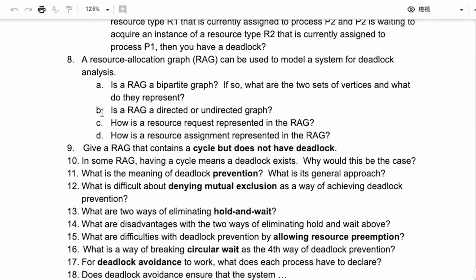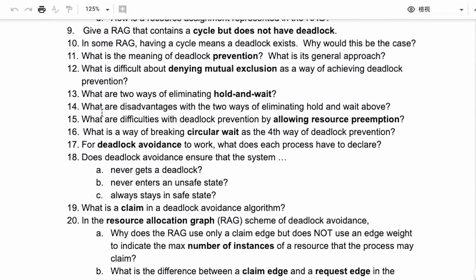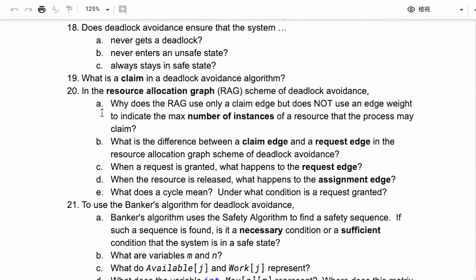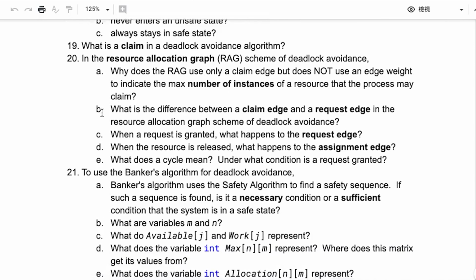And by the way, the midterm is going to be Monday, November 18th, and it'll cover up to this chapter. Next week's material won't be on the midterm, but that just means you may be able to prioritize how you study. Yes, the midterm will cover up to this week's material, up to what I just covered.